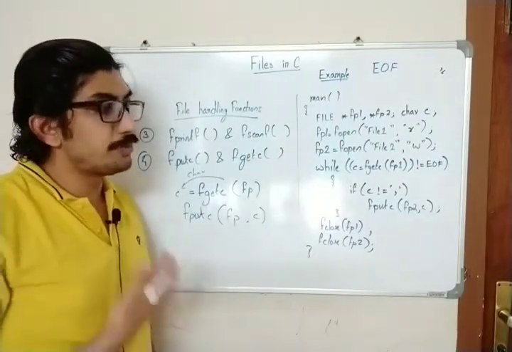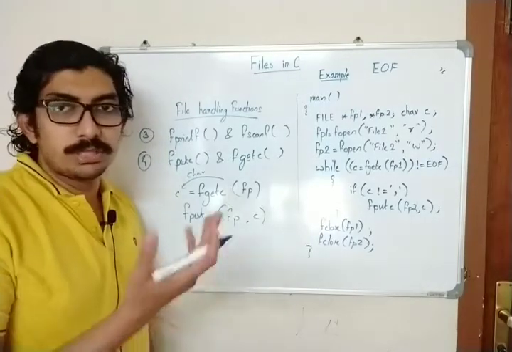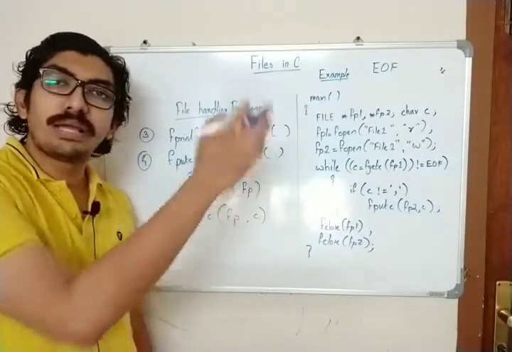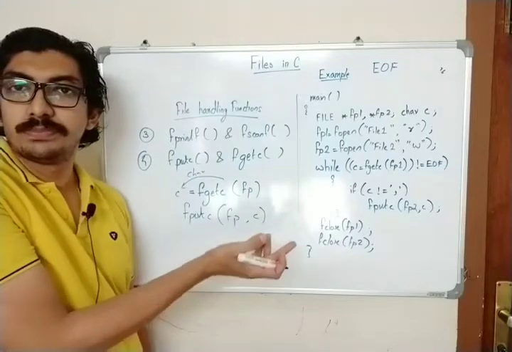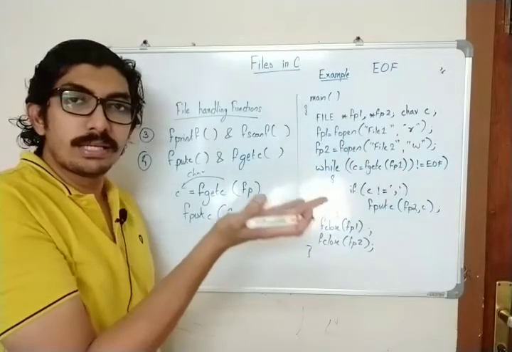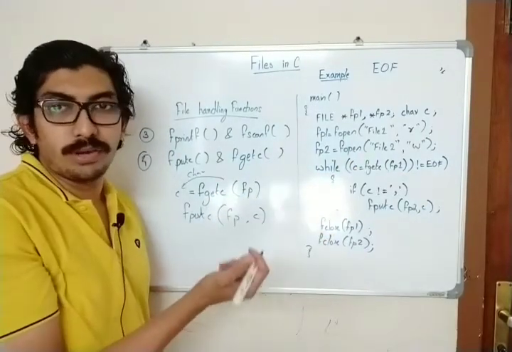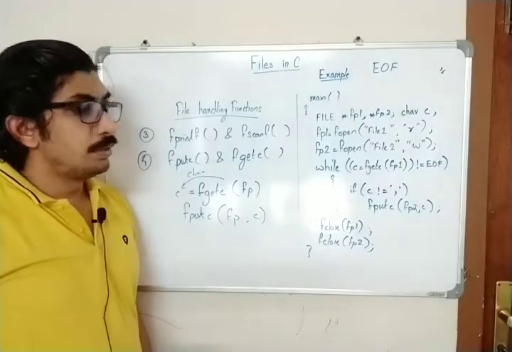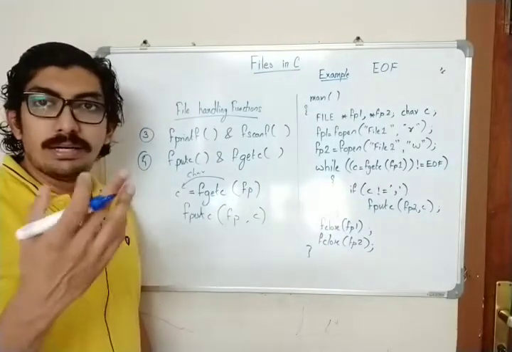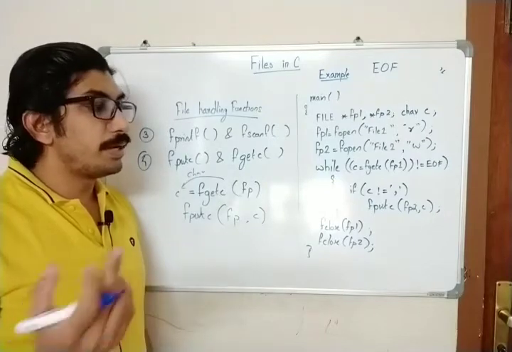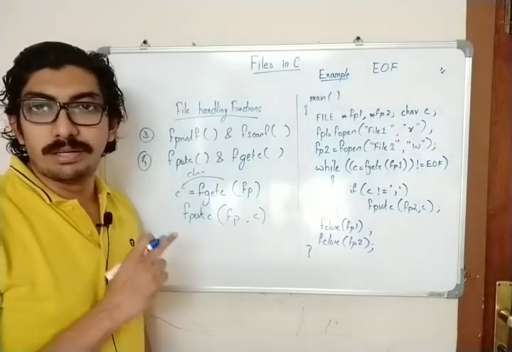If our aim is to just copy, you can actually go for fgets and fputs, so that we can copy one line at a time to the second file. So I think now we are getting the concept of files, and you will understand it is a very simple topic in C, right?